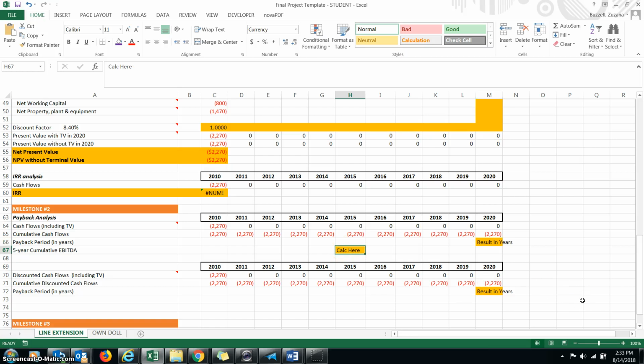Now, 5-year cumulative EBITDA, that's a little different. EBITDA is a very specific measure, and what is interesting about it is that it's a non-GAAP measure. So it's actually not required to be reported to GAAP or in the financial statements, but a lot of corporations use it for investors and for their internal checks and balances. When you're researching EBITDA online, you will notice that you can find EBITDA and you can find adjusted EBITDA. But the cumulative is very specific in that sense that